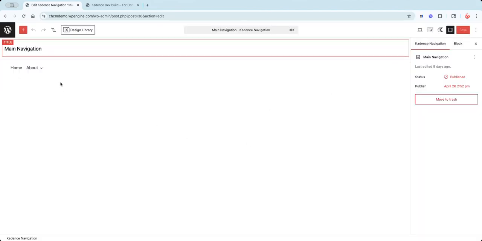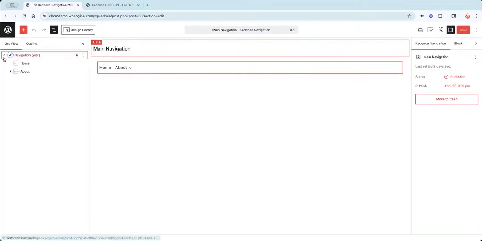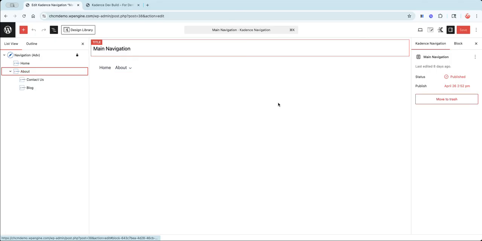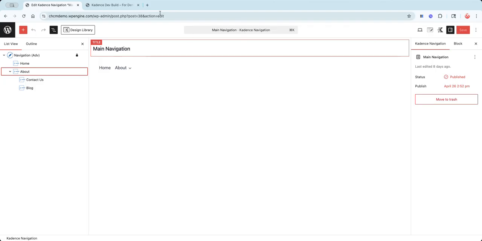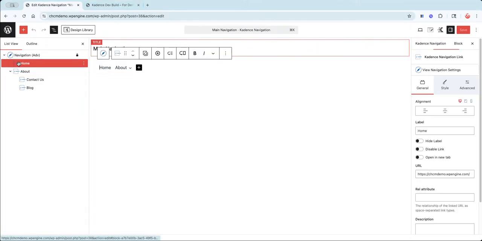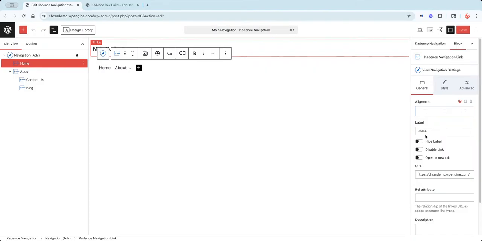We are going to then click on the document overview. This is the very first thing I always do, is have that handy so that I can see how things are arranged. So as you can see, this is reflecting what we have on the front end, what we showed earlier. If I click on an individual tab, this is what I'm presented with: a bunch of different options, alignment